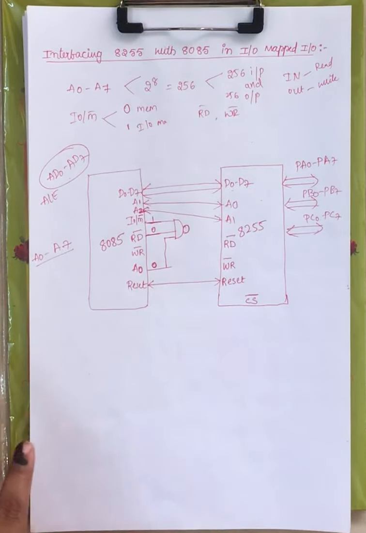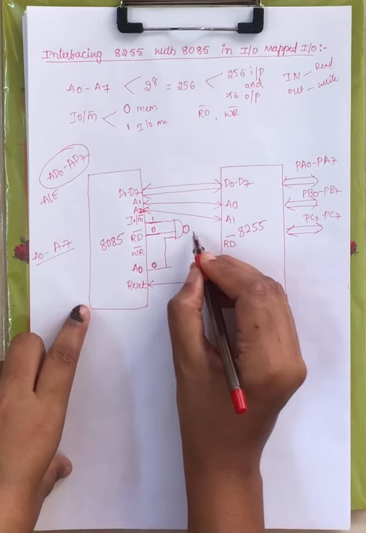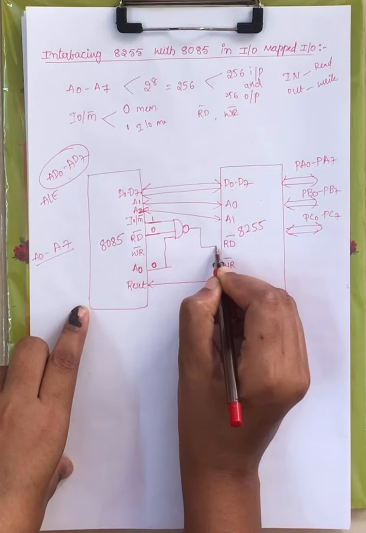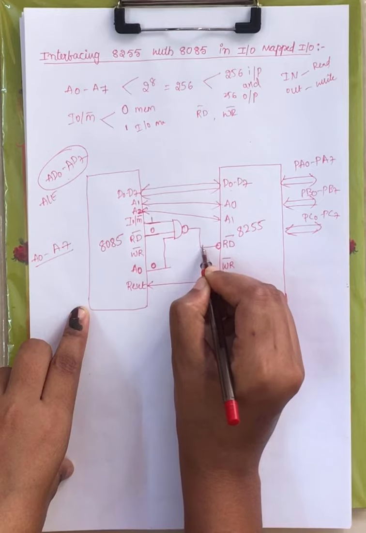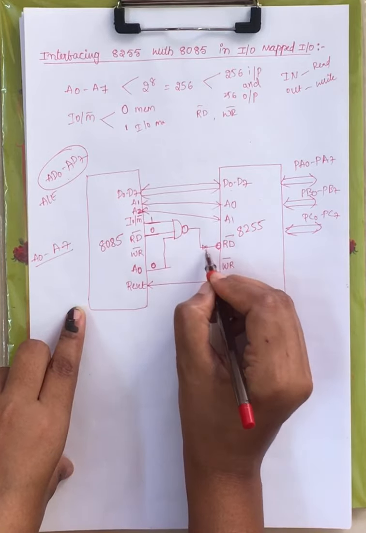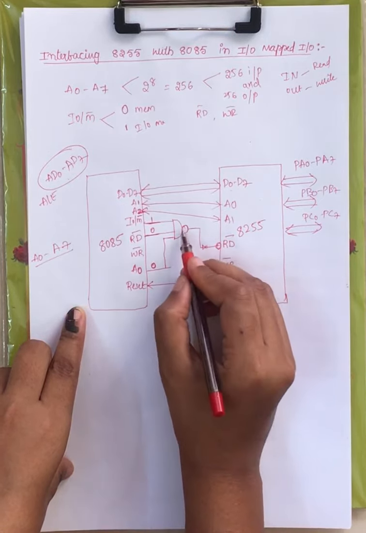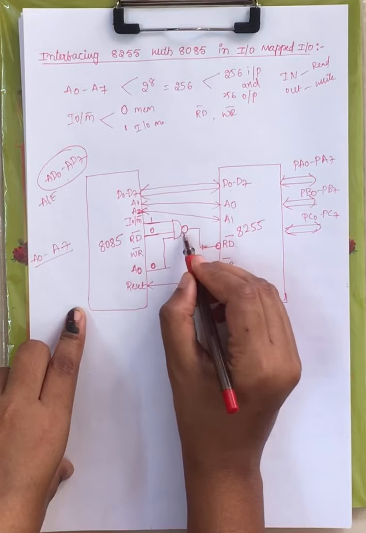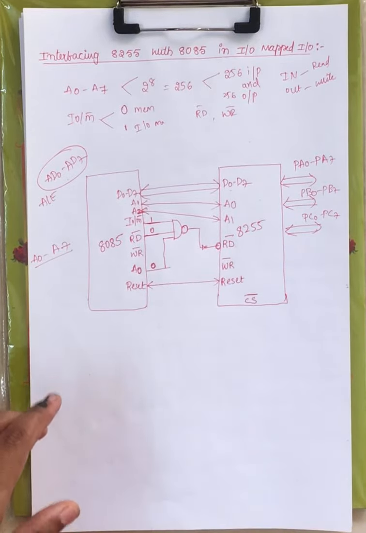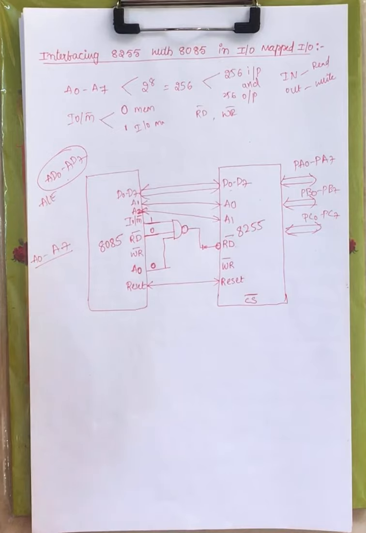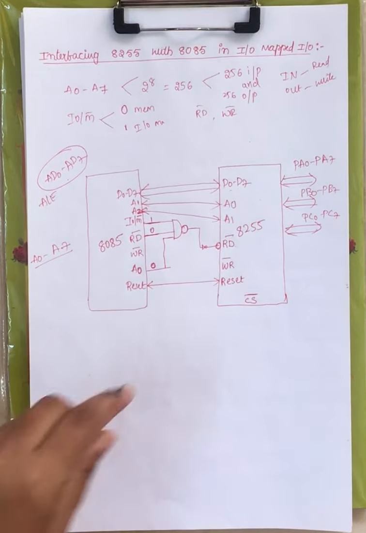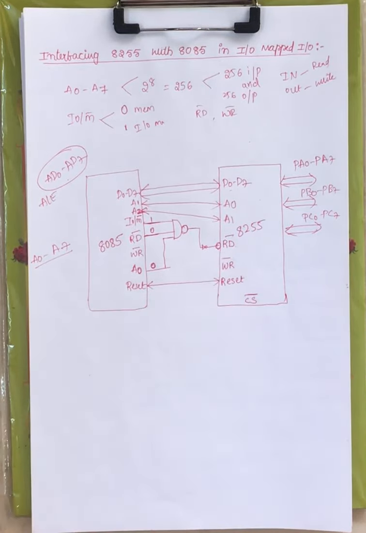What is the NAND operation? 1, right? Now this is connected to the read signal with a bubble. Either you can use an inverter also, both are possible, or simply you can use an AND gate here. You can use any logic such that the input to your RD signal should be logic 0, right?